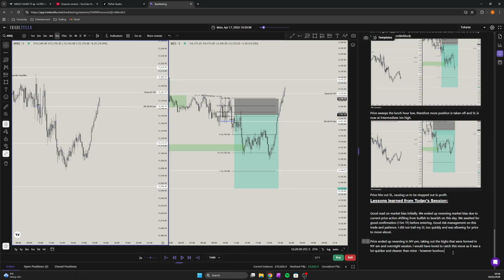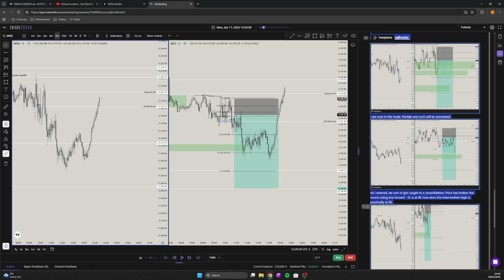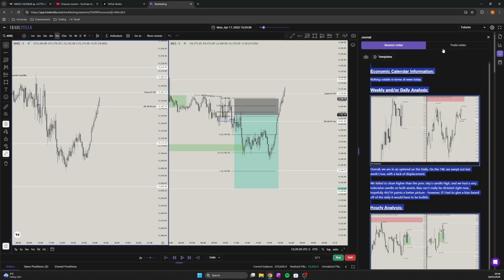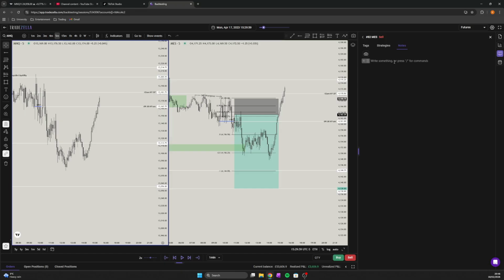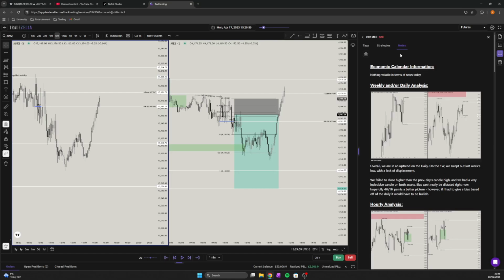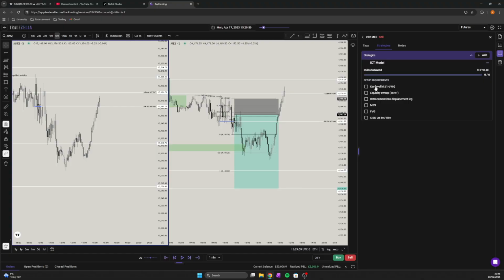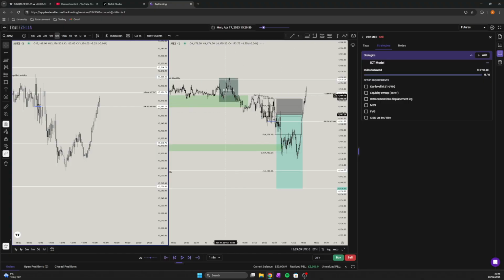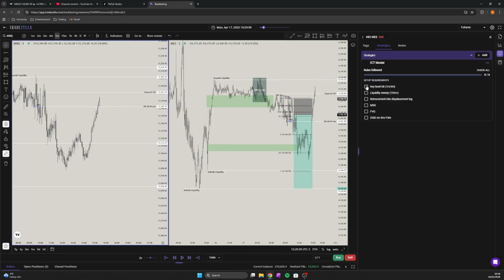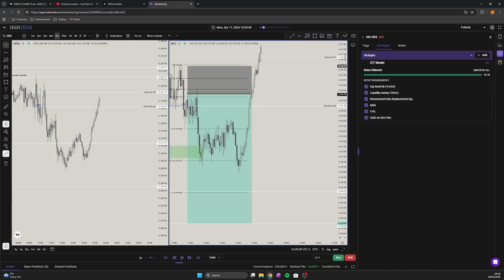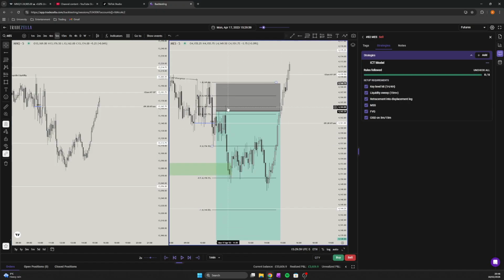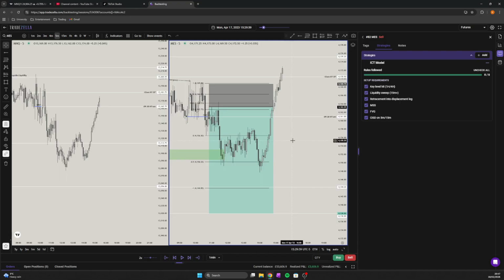So let's do Control A, Control C, and then let's slap that into the trade notes. So, bang. Strategies. Did we have a key level hit? Yes, we did. We started at the highs. Do we have a liquidity sweep? Yes, we did. Did we have a retracement into the displacement leg? Yes, we did. Did we have a market structure shift? Obviously. If we have a CISD, do we have a value gap entry? Yes, we did. I really like how the 5-minute actually respected this really well and then traveled on lower.